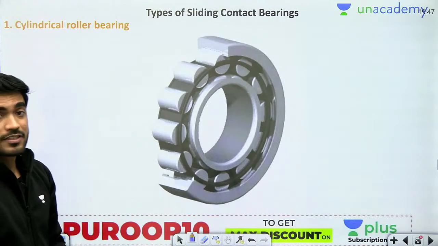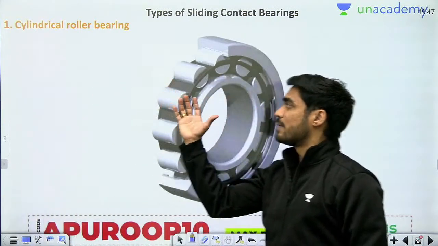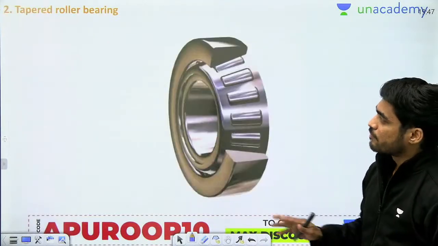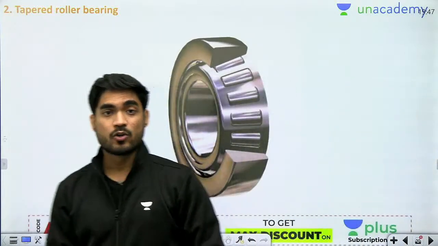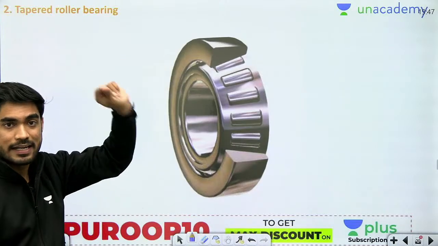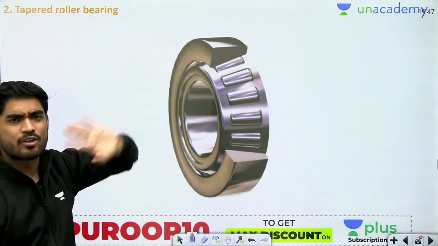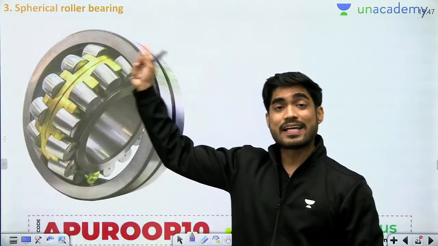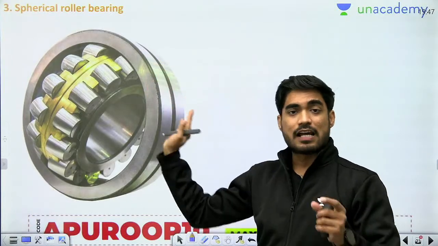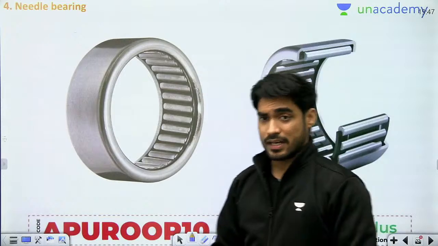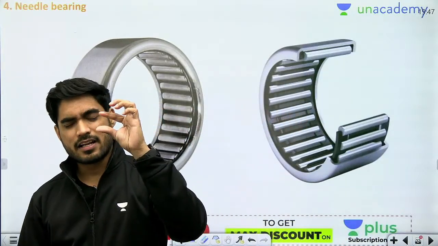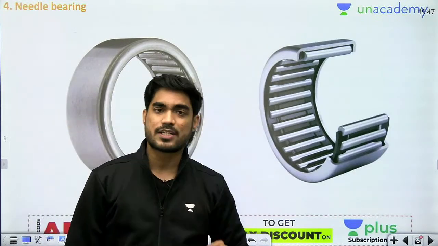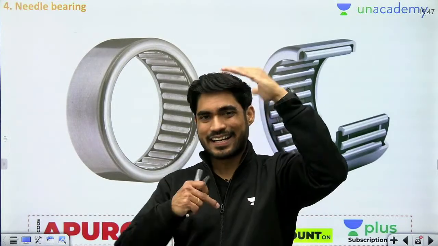Then we saw different types of rolling contact bearing. Cylindrical roller bearing, where the roller is of cylindrical shape, hence it can only sustain radial load. Then we saw tapered roller bearing, and due to this tapered shape, it can sustain both radial as well as axial load. It is just like angular contact ball bearing. Then we saw self-aligning roller bearing, which are known as spherical roller bearing. Okay, these also have self-aligning property. And then we saw needle bearing, when the radial space between the shaft and bearing surface is very less. Agar radial direction में बहुत कम जगह है, then you can't use cylindrical rollers because they need more space.